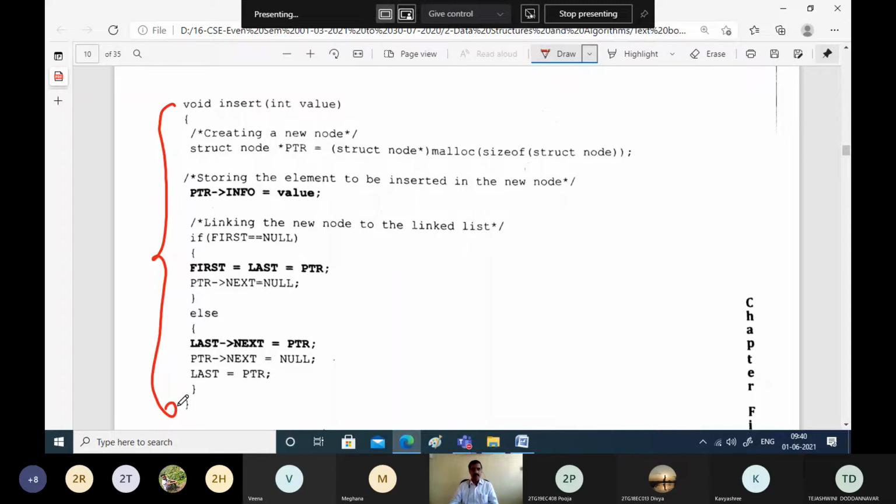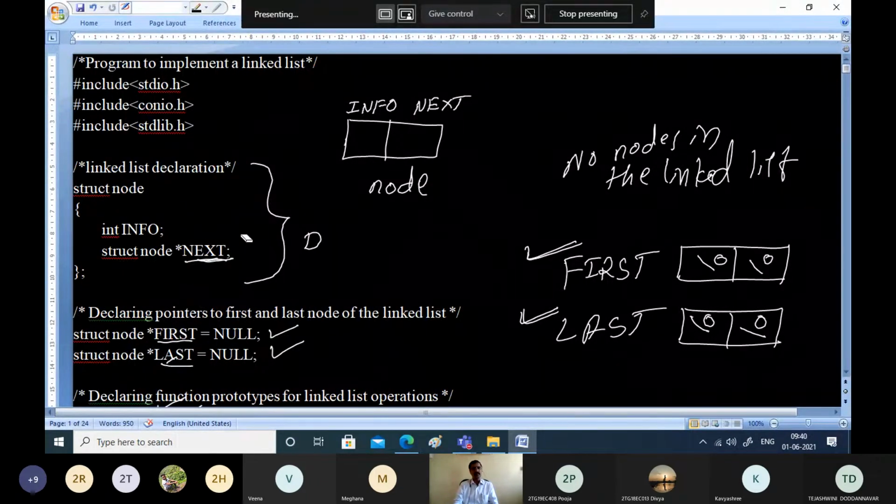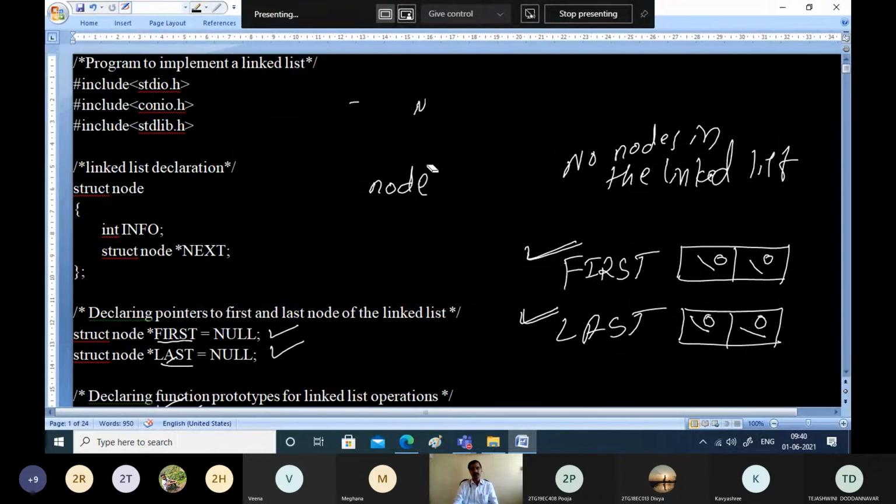We have seen all the cases of how to insert a node when there are no nodes in the linked list, and when there are some nodes present in the linked list. So all the discussions related to the insert function are over.